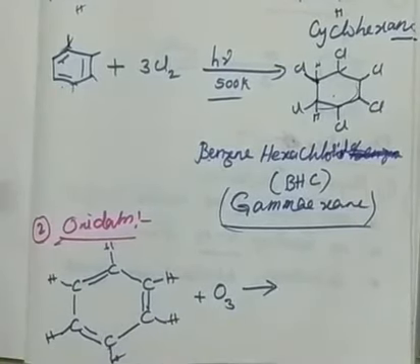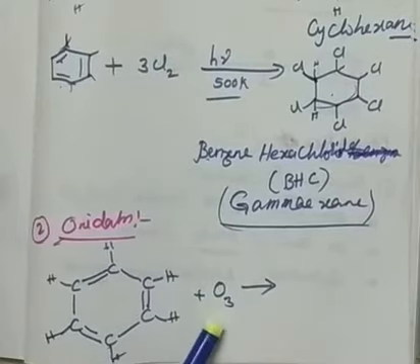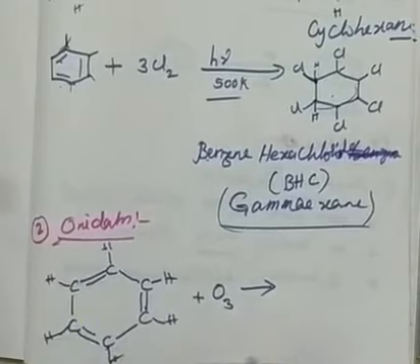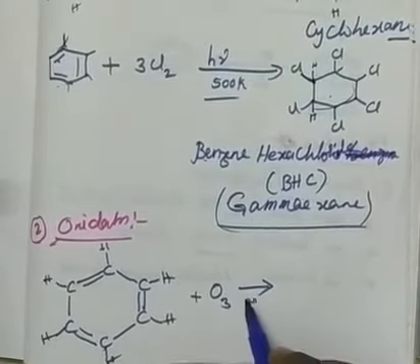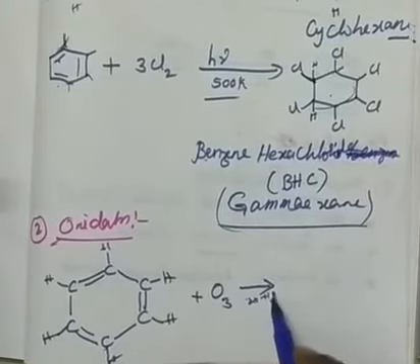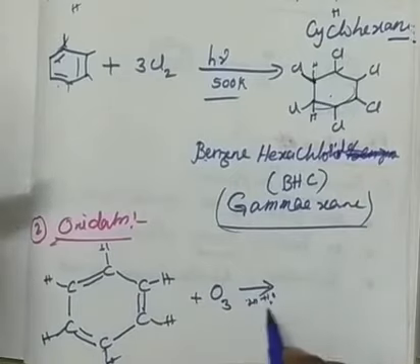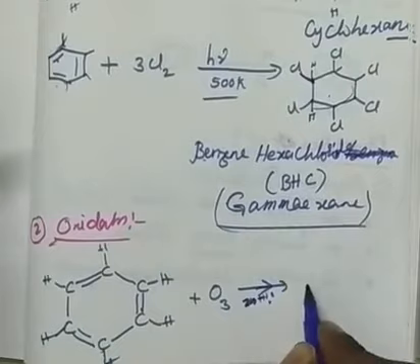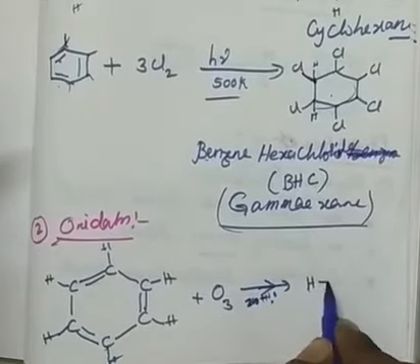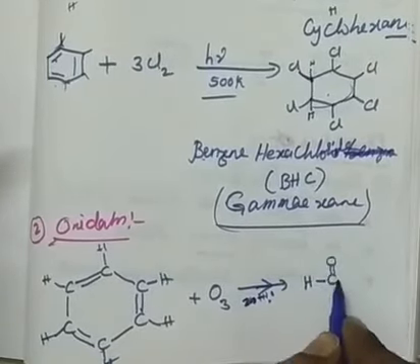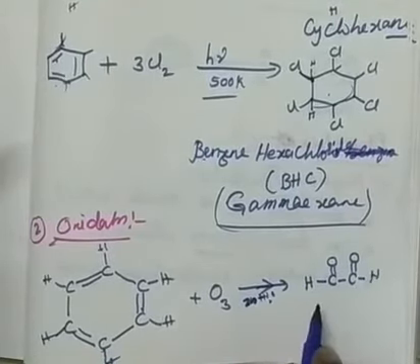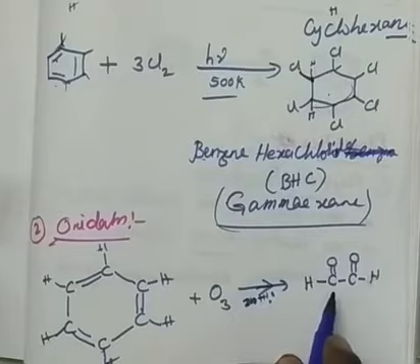I said, no, in the beginning of the aromatic hydrocarbons we discussed that benzene on reaction with ozone, triozonide has been formed. Then again, on zinc hydrolysis, what would it give? It will break and it has given zinc, H2O, and it has given 3 molecules of a compound like this. You can write the mechanism for this and try out how this has been formed. So this is the formed product. Clear?